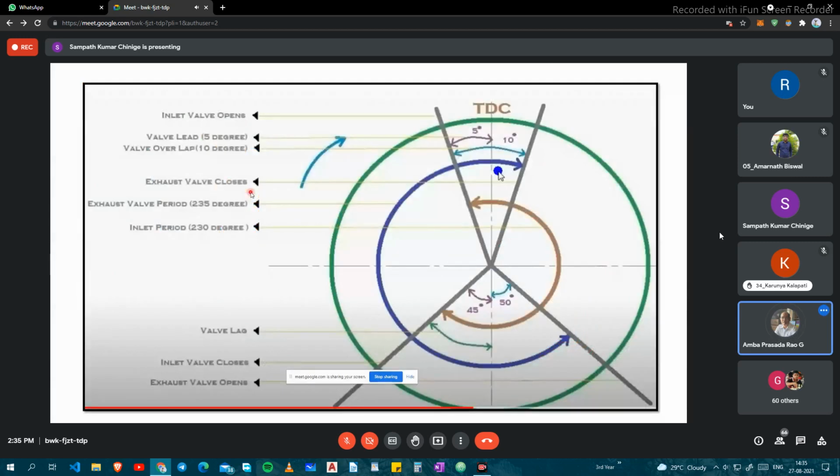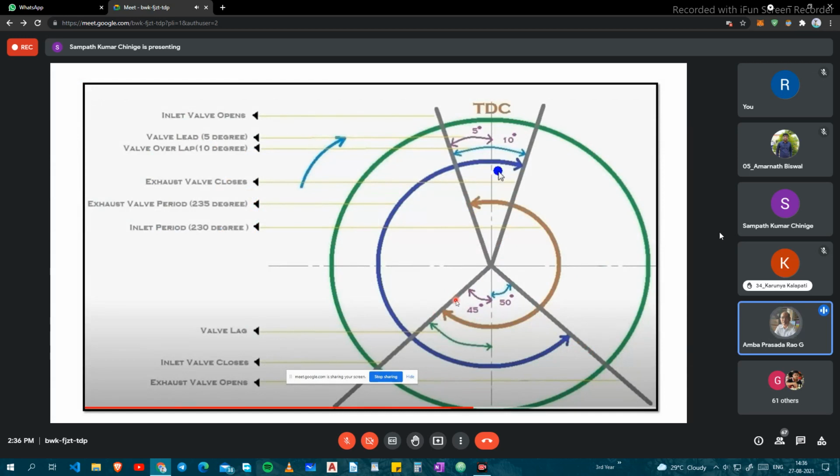So these are all events, right from inlet valve opens to inlet valve closes. How much time is there from here to here? This is the inlet valve opening. This is 5 degrees we are showing, no? From here to here, 180. This is 45 degrees. So this is the inlet valve open to inlet valve closing. One is the suction stroke. These two events are over.